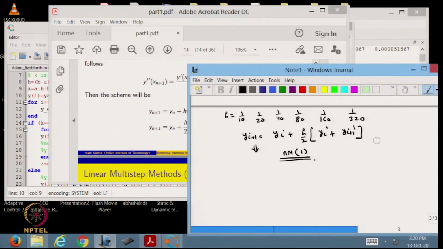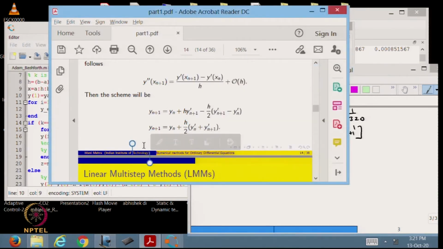AM1, the first method of this category. It is again a single step method, but if you compare this with the other methods, this is an implicit method. Okay, this is an implicit method, and I have already explained in our lecture classes why it is implicit.